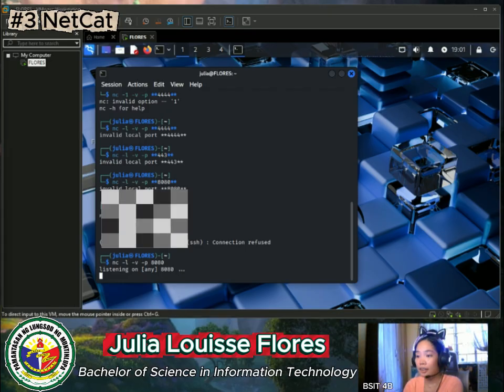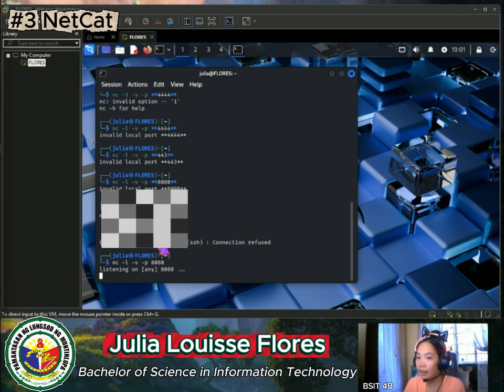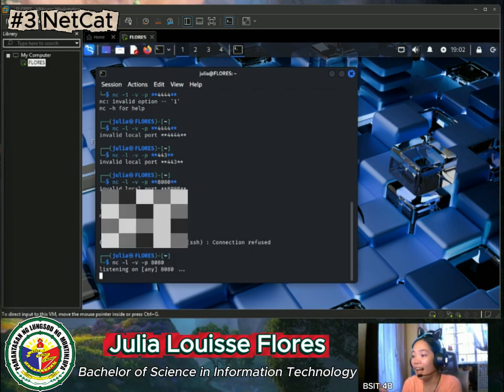So basically, it's now listening. Netcat basically turned my PC, my computer, into a temporary mini server waiting for an incoming connection. Basically, it will alert me if there's an incoming connection. Netcat claimed the specified port, which is 8080. It tells my operating system that it is the program that will handle all incoming data addressed to this specific port. It's now guarding it, you know. Basically, it acts like a receptionist waiting for the phone to ring on that specific line, which is the port,